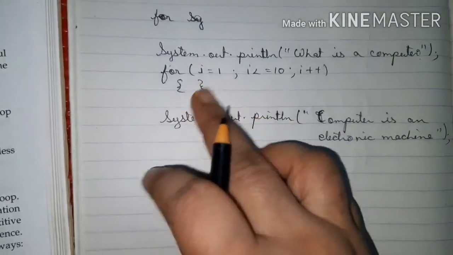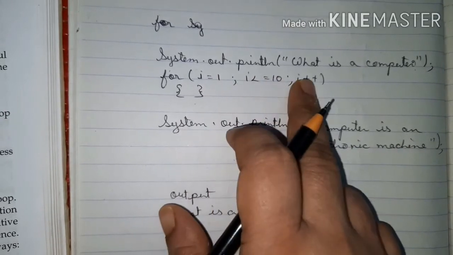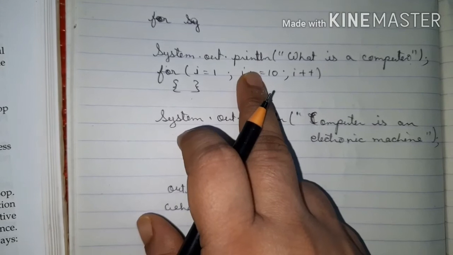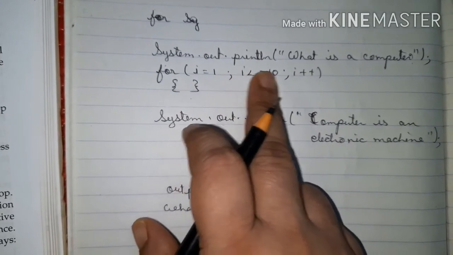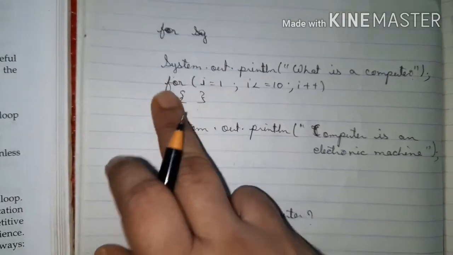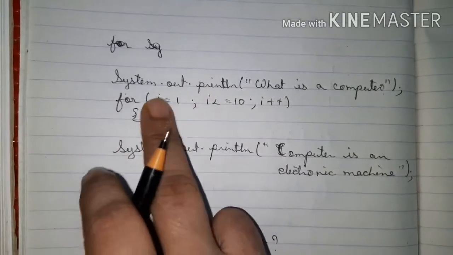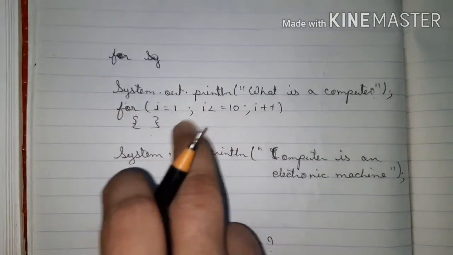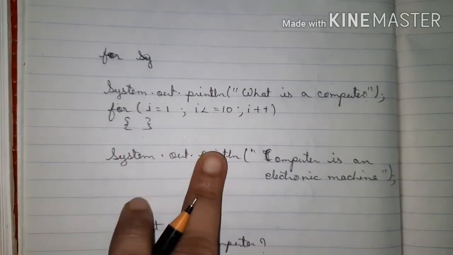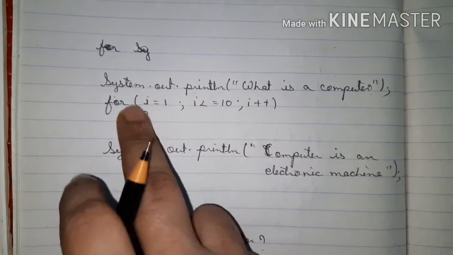So what will happen is that I keeps increasing. I is 1, and 1 is less than 10. There is no statement, so I will increase to 2, then it will come here, 2 is less than 10, so the condition is again true, and again it comes here with no statement. In this way the loop will move on 10 times. So time is getting delayed while this loop is going on, but there is no statement, so nothing will be displayed there, but the loop is going on. Since the loop is going on, there is a delay.